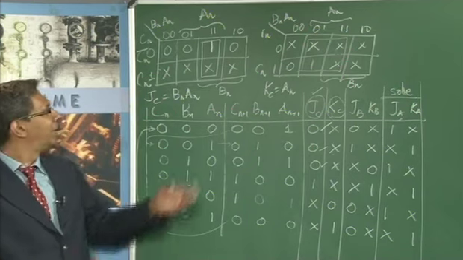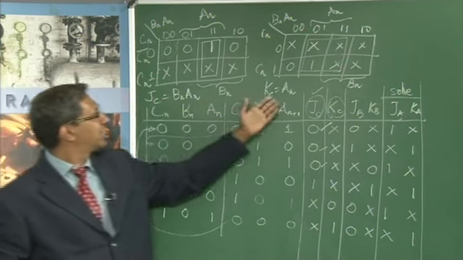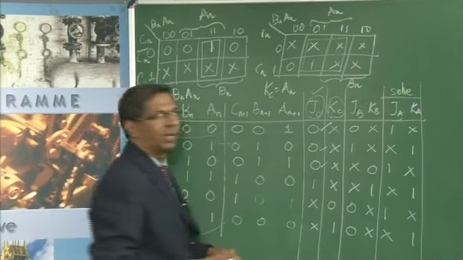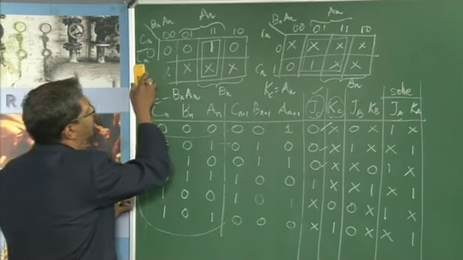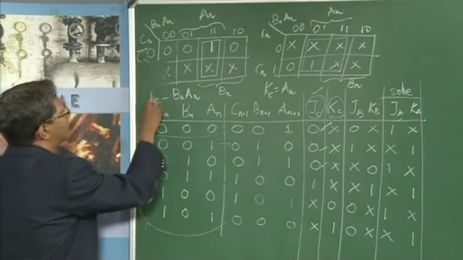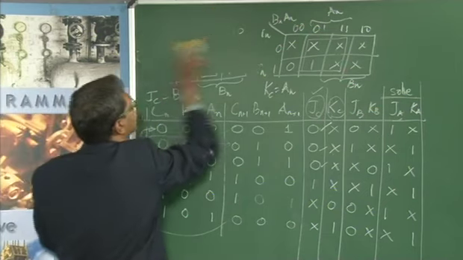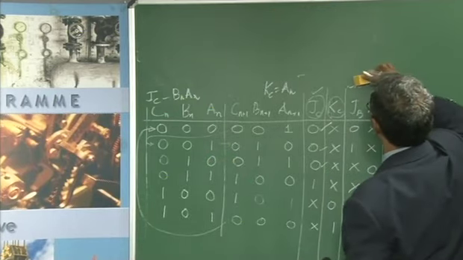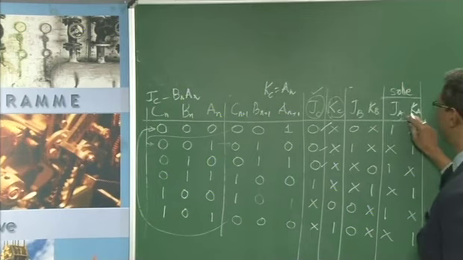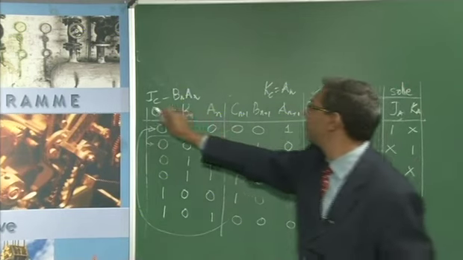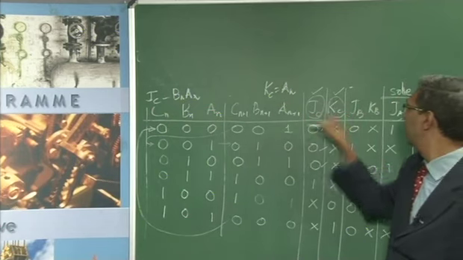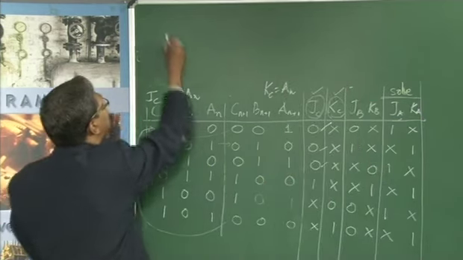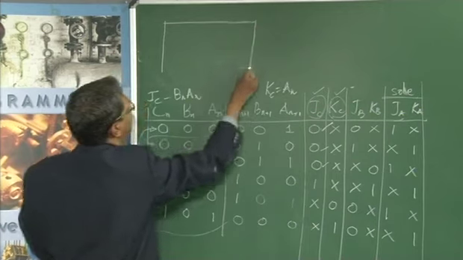Yes or no? That was very simple. The expression for Jc was Bn An, whereas the expression for Kc was only An. So what is left now? Jb as well as Kb. So I will use the same area here and just retain the expressions which we have done here, so that we can solve it and understand using a K-map simplification how we can do this. So this was done, Jc is done, this is the expression for Jc, Kc is done, expression for Kc. What is left is Jb and Kb. So I will draw the K-map simplification boxes for both, and let us see how it leads to.